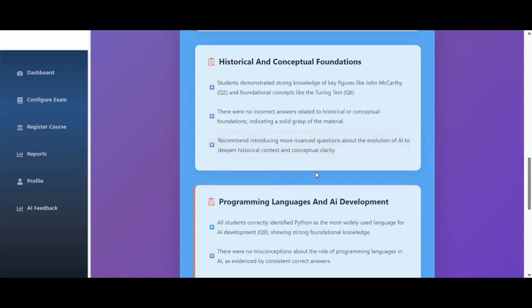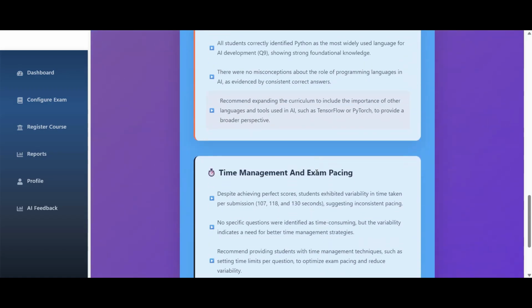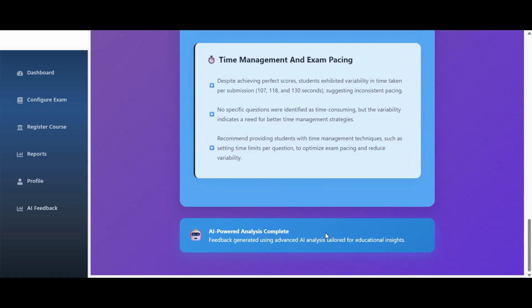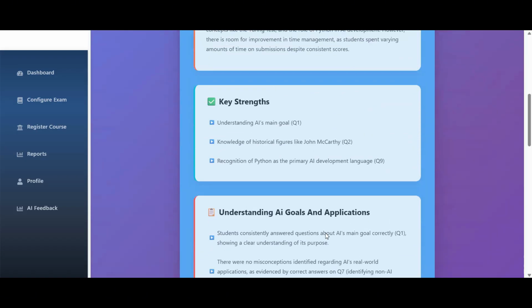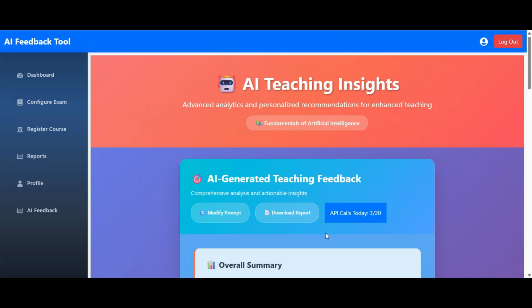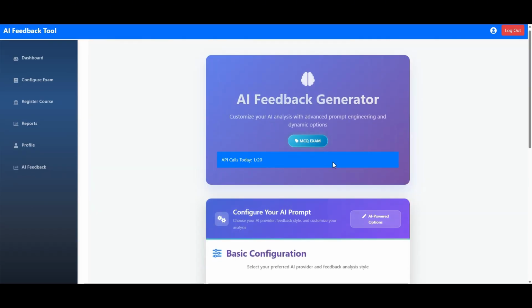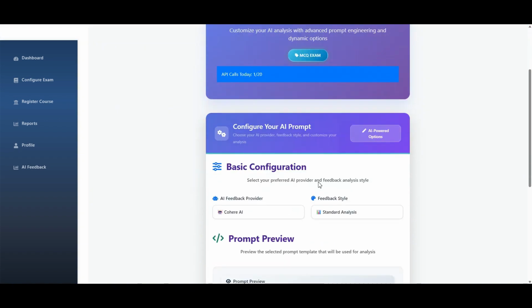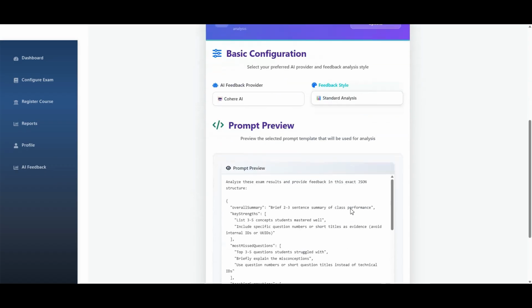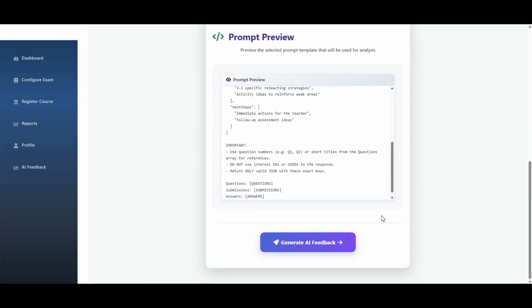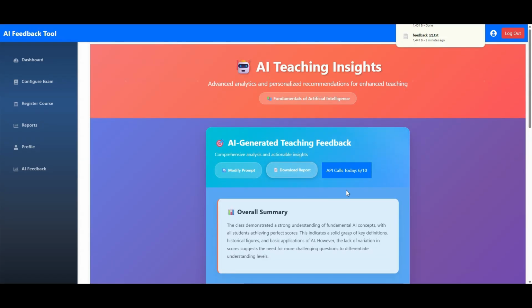After a short wait, the AI-generated feedback is returned, beautifully formatted to maximize clarity and usefulness. Teachers can also refine the feedback by clicking Modify Prompt. This brings them back to the generator page, where they can try a different style or adjust their custom prompt to get exactly the insight they need. There's also an option to download the feedback as a .txt file, using the Download .txt button, great for saving or